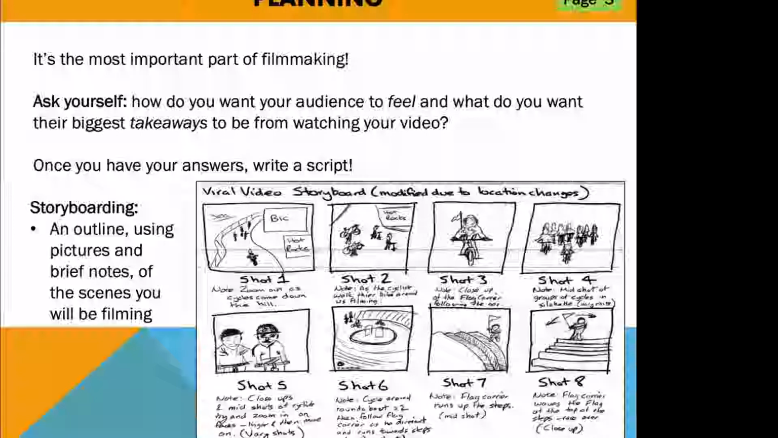Another really great tool to use is a storyboard. So what storyboarding is, is an outline using pictures and brief notes of the scenes you'll be filming. So it's basically very simply just a few boxes for each scene that you're filming, and underneath each box you can write out specific equipment you might need or how you want the shot to be framed. And if we go to the next slide,